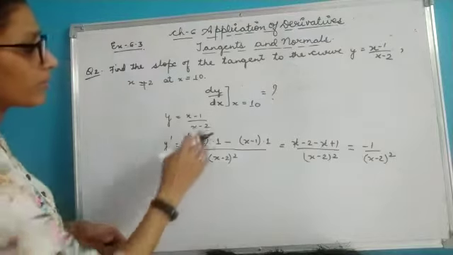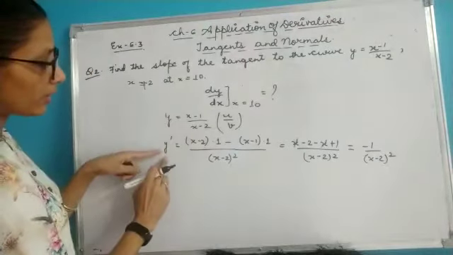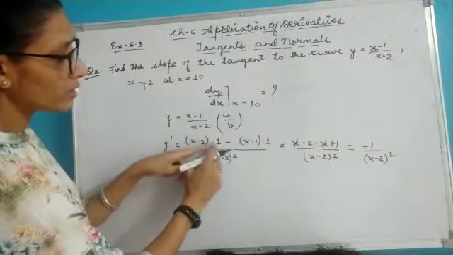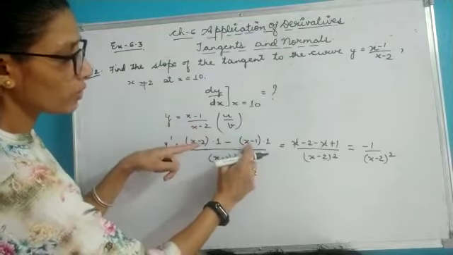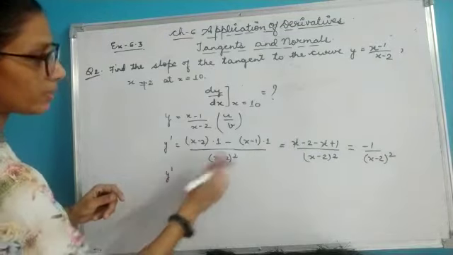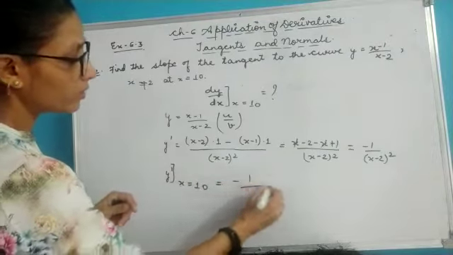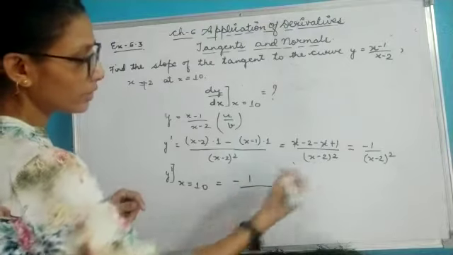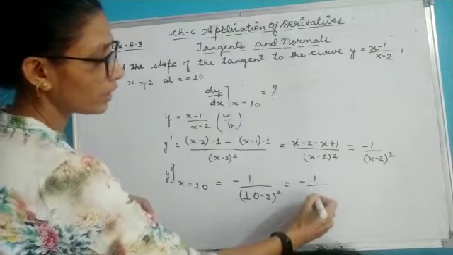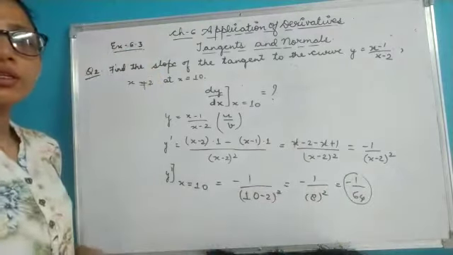So here simply I have applied the u by v formula. This is the equation of curve. I have calculated y dash, that means the slope or dy by dx. V square, v as it is, into differentiation of u minus u as it is, differentiation of v, and after solution I have got this. So I have got my y dash as this, and if I want to calculate it at x equal to 10, then I will be writing 10 in place of x. So this will be 10 minus 2 whole square, which is equal to 1 minus 8 whole square, which is equal to 1 minus 64. So this is your slope of the given curve.